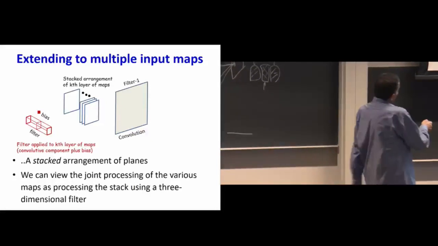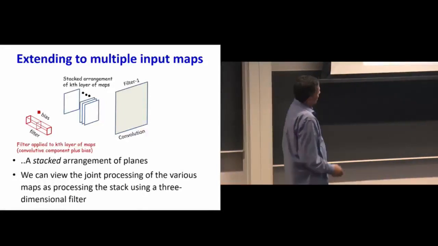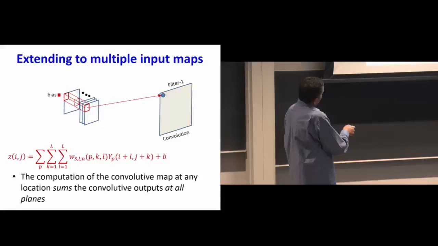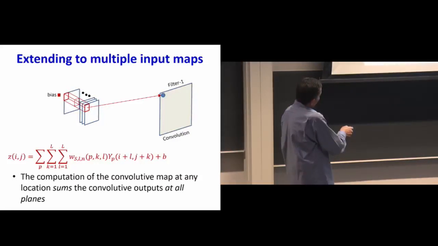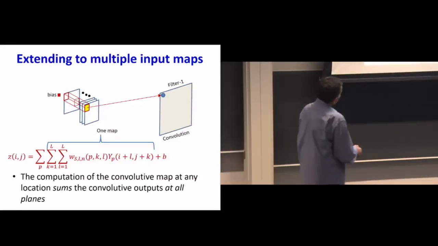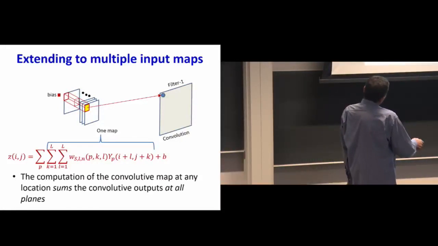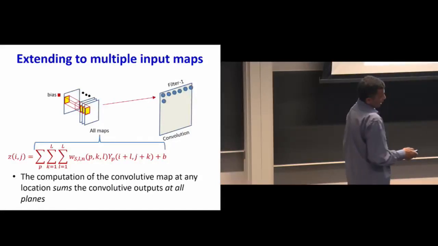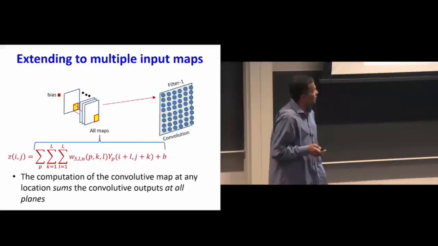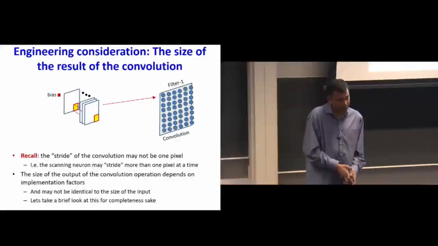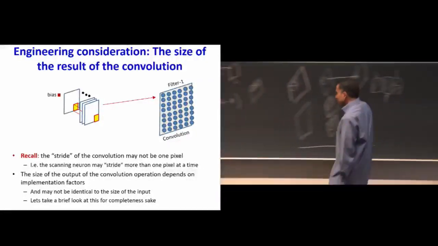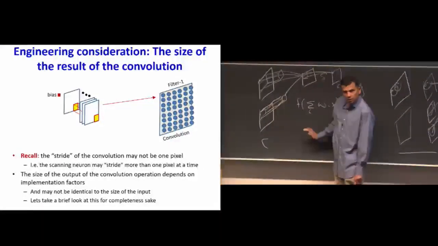And now my filter can also be thought of as a cube. What I would really be doing is imposing this filter on the stack, performing a component-wise multiplication, adding the lot across all of these layers, and then adding in the bias. So this is going to be for just one map, right? I'd have many of these being computed, and then I'd scan around to generate the entire map, like so. So this gives me just one single map, meaning just one of these, and I'd have many of these